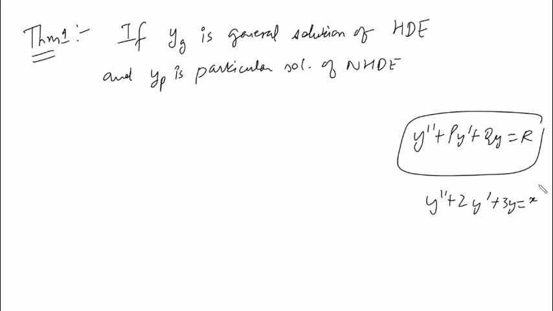We need to have the general solution of the homogeneous part of the same equation. And then by keeping the non-zero part, the function, into the equation, we get another solution, and that is going to be a particular solution. You understand the difference between general and particular solution, right? Okay, so then y is equal to yg plus yp is a general solution of the